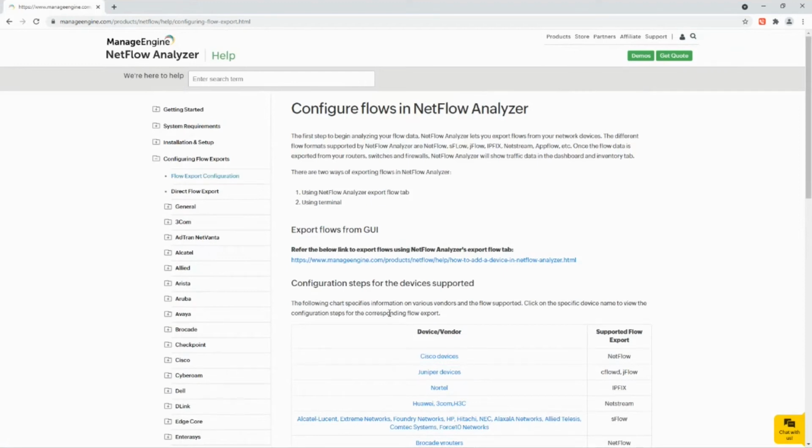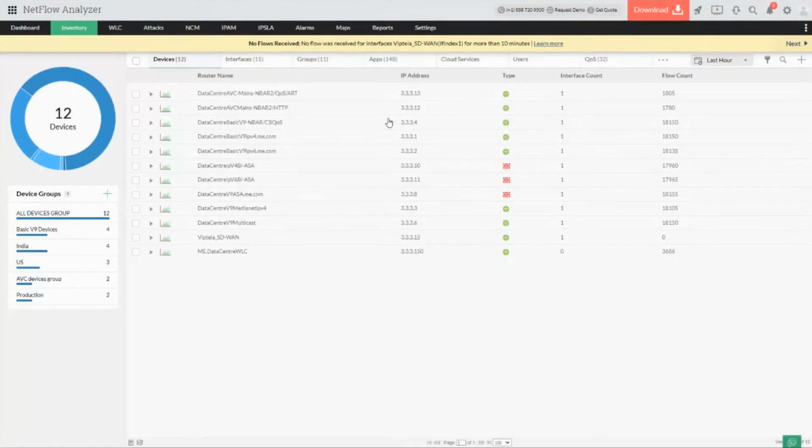So this is how Ninja makes things easier when it comes to managing your bandwidth or interfaces using the NetFlow Analyzer add-on. So now let's go to the application itself and see how the devices are appearing and how the interface data collection happens with respect to the flows and the bandwidth which you are managing.